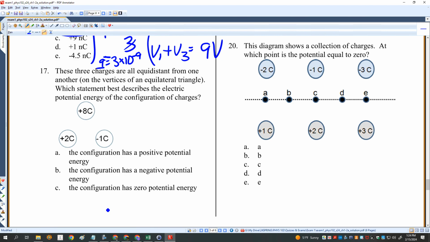These three charges are all equidistant from one another. So distances are the same. What describes the potential energy? Is it positive or negative or zero energy? So each configuration of charges, these two, and these two, they all have some potential energy. And that potential energy is given by K, Q, Q over R. K and R are going to be the same for all these. So I'm just going to take the product of Q, and that'll give us an understanding of the relative sizes